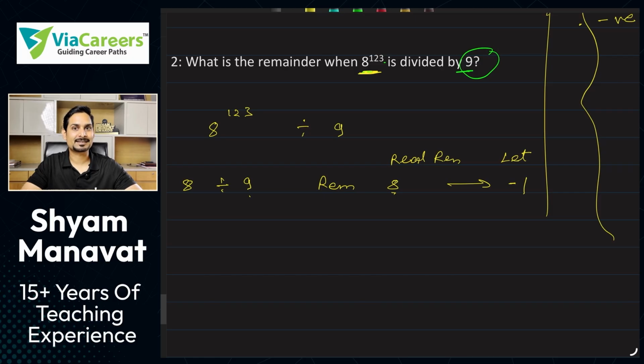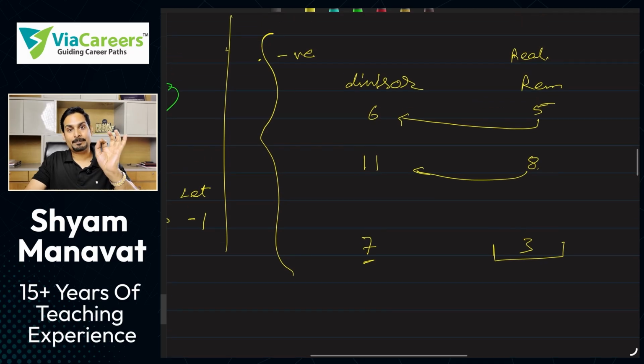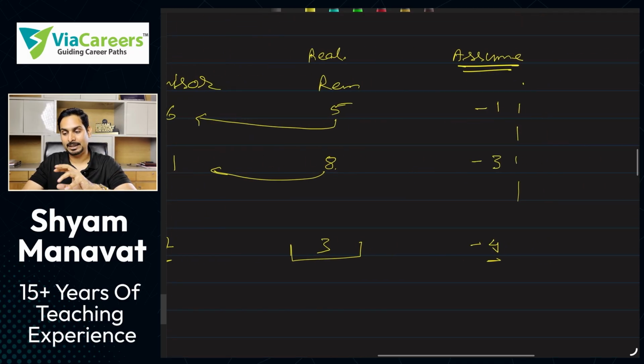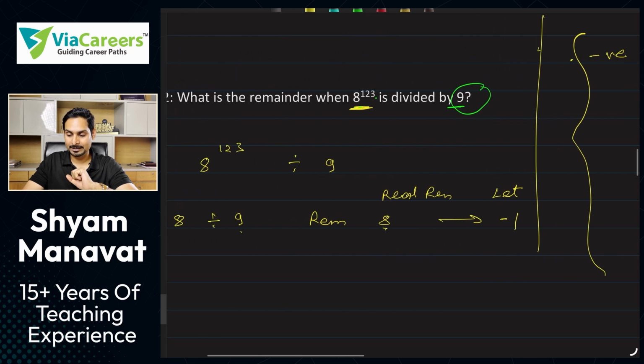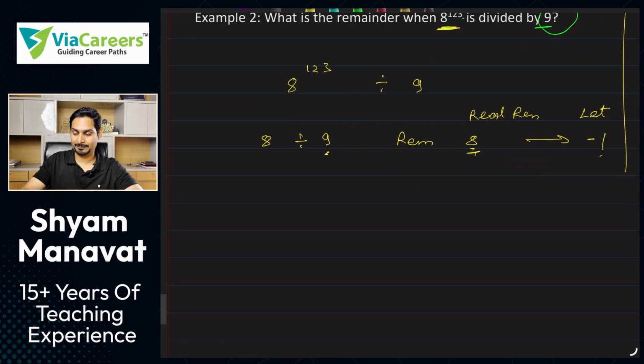Think. Negative remainder concept: real remainder minus divisor. I can assume that to be a negative remainder, right? Real remainder minus divisor. I can assume this to be the negative remainder. What is the benefit of doing that? Why are we getting into this negative remainder? The benefit is, if 8 divided by 9, the negative remainder is minus 1, and now